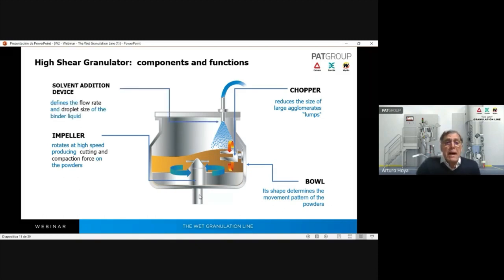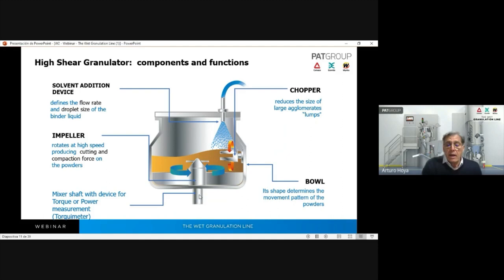The solvent addition device defines the flow rate of the solvent and the droplet size of the binder liquid. This is an aspect to keep in mind, because we need to control the flow rate and, if possible, the droplet size. Finally, the machine has, in the mixer shaft, a device to measure the torque,